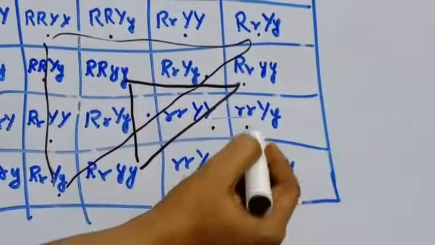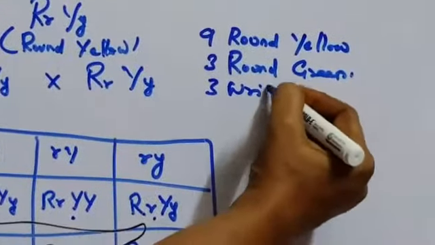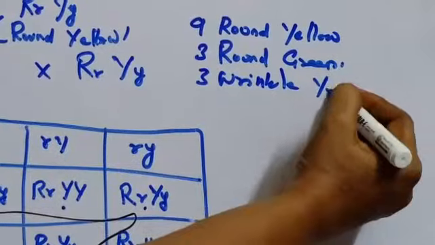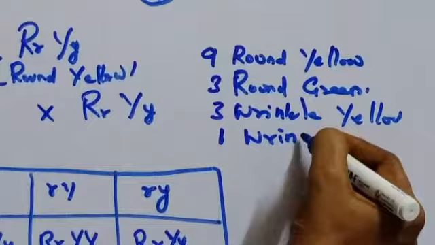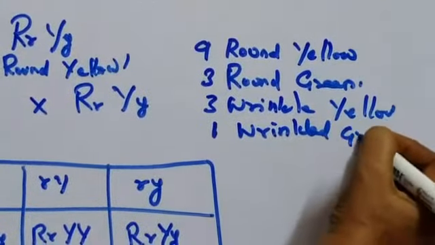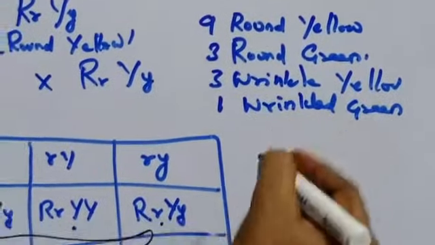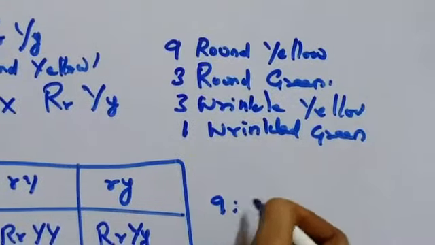This is wrinkled yellow. How many? 3 that also. 3 wrinkled yellow. And wrinkled green, only 1. So the phenotypic ratio is